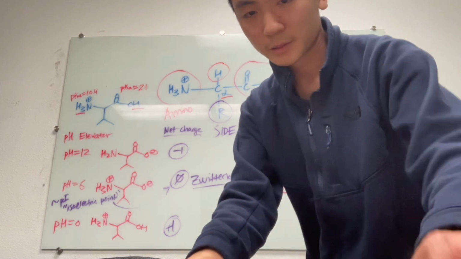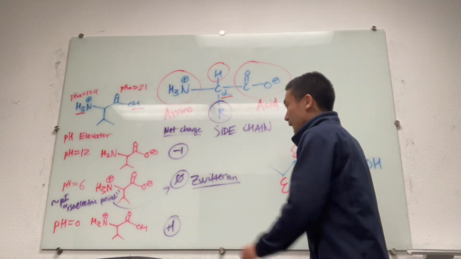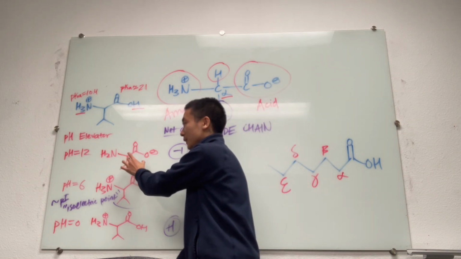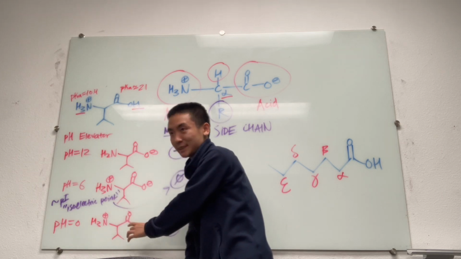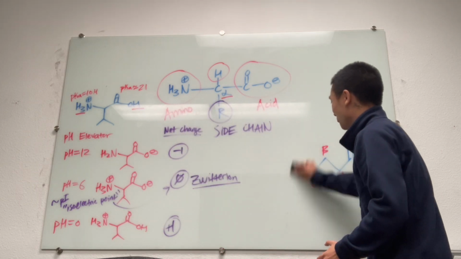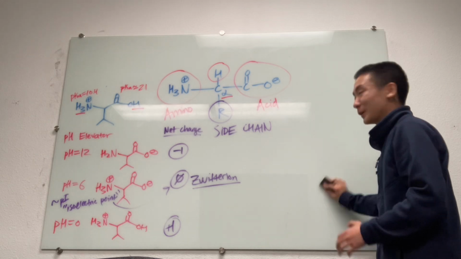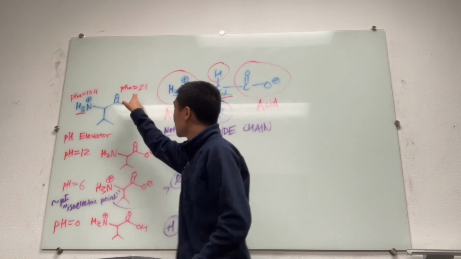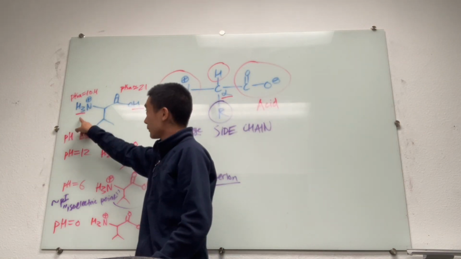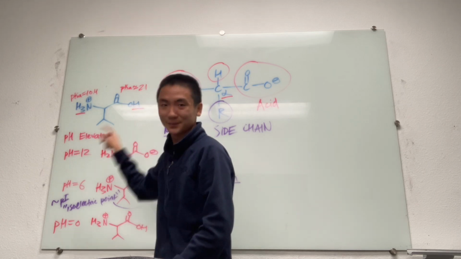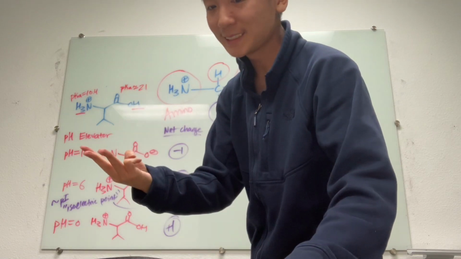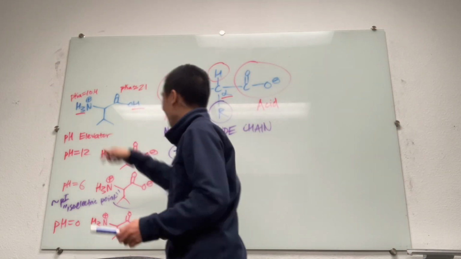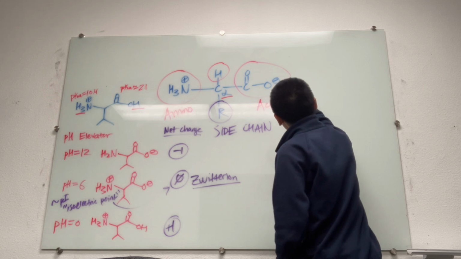So that was the scenario when the R group was not ionizable, right? It had no acidic proton to deprotonate. It gets harder when the side group can get deprotonated, where we have 3 pKa's on the amino acid. But we will always have two pKa's for all amino acids. One pKa for the amino group, another pKa for the carboxylic acid group. Some amino acids will have three pKa's, where the third pKa is going to be from the side chain, the R group. So for example, we can have